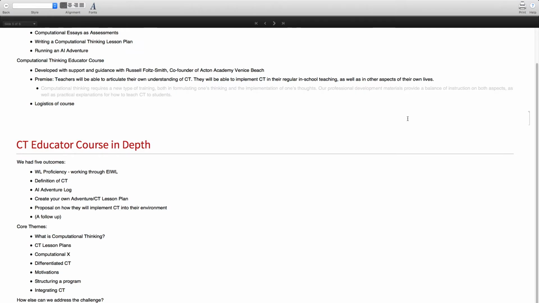So first and foremost, since we will be using the Wolfram language, we had to be able to provide, or at least get them through a point where they were proficient in the Wolfram language, so that they themselves could then go into their classrooms and teach their students. Now you might think, what are we going to be doing to teach them that? And perhaps the best way to do that was through EIWL, which most of you are aware of by this point. But that itself is not the best thing to do, we soon realized.